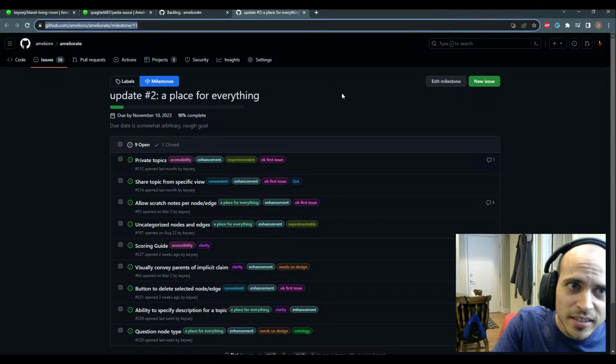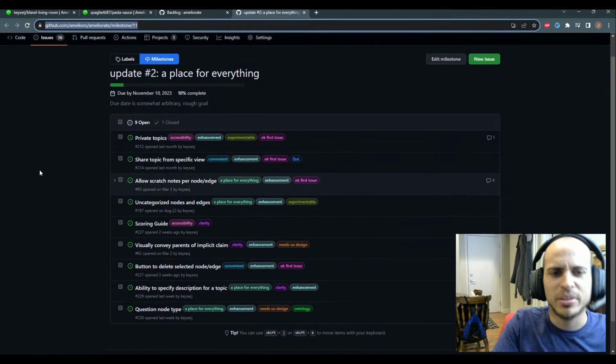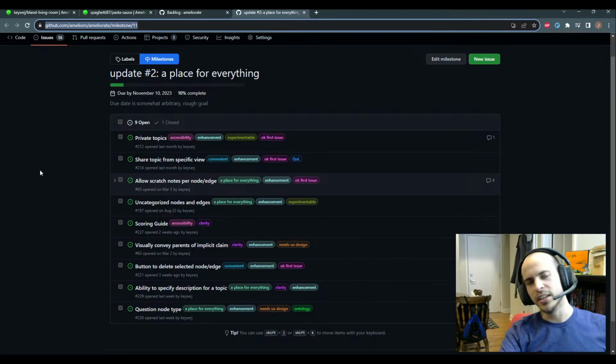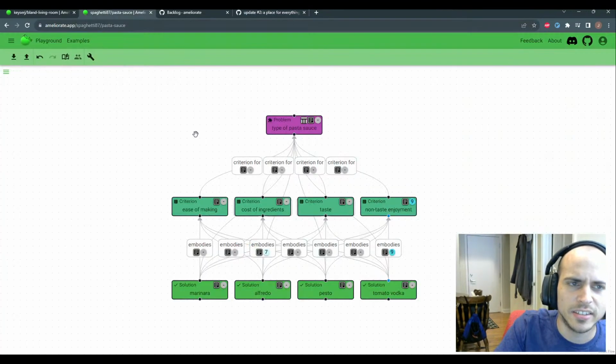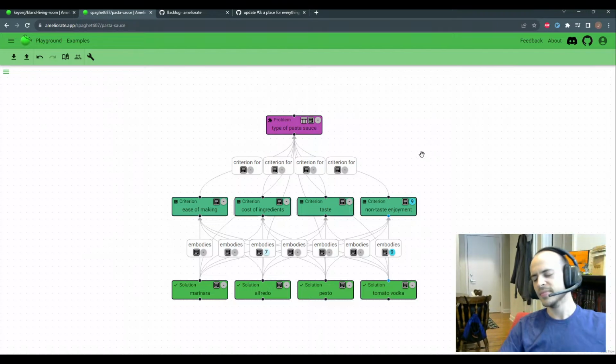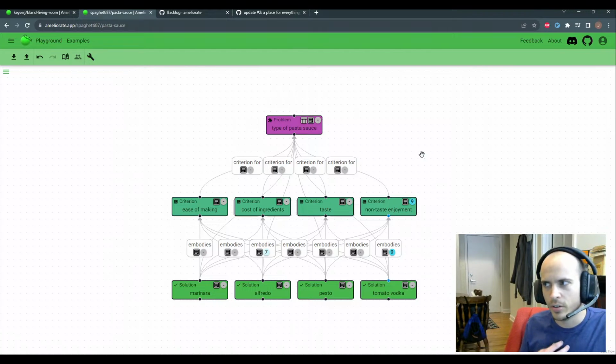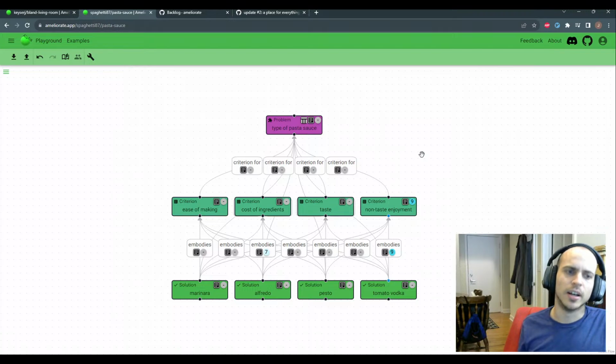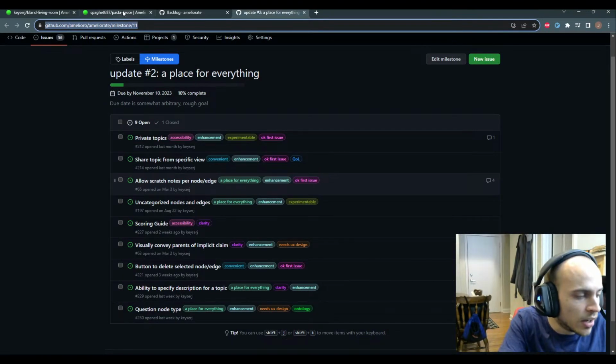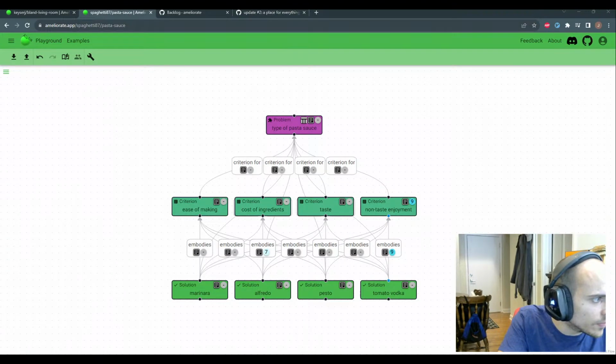So for the next update, I plan on focusing on making the diagram feel a little better to use. Like I said before, I need to use it a little more to practice with it. I think I've used it a little bit, and I found it very restrictive in some ways. Like if there's a node type that doesn't exist, one idea, well, I'll link this first. But one of the ideas I have in here is